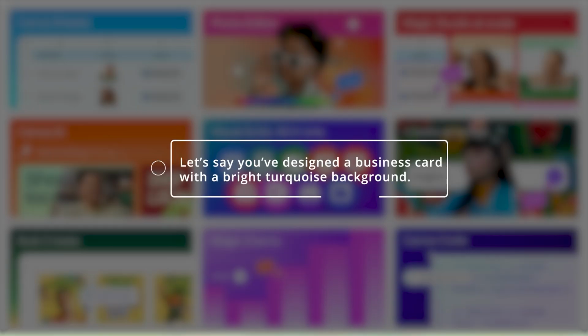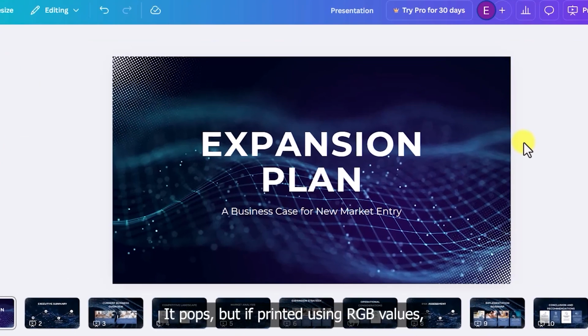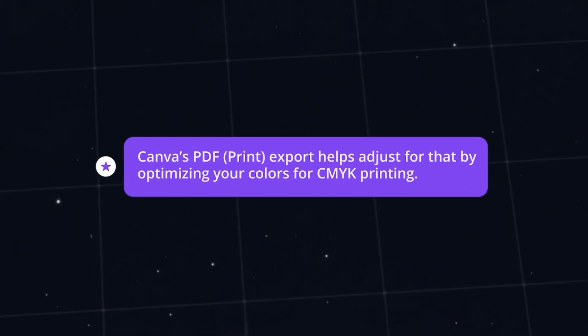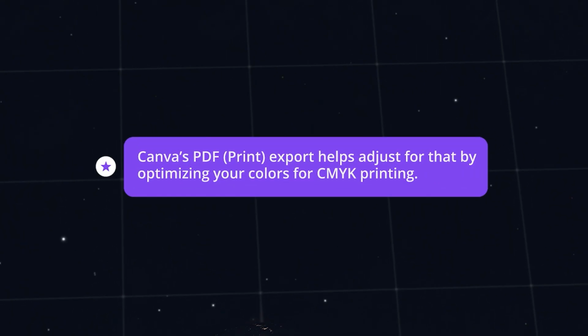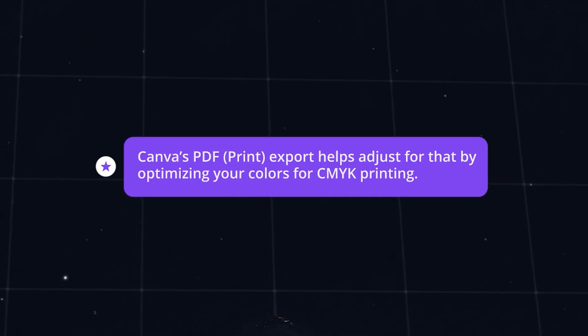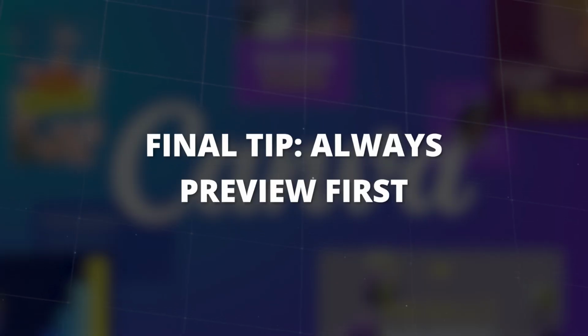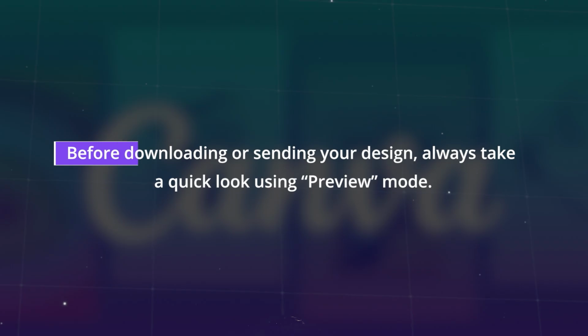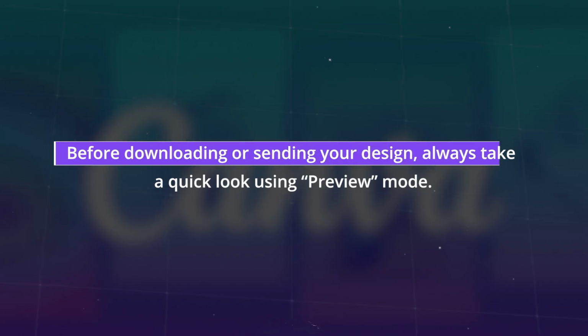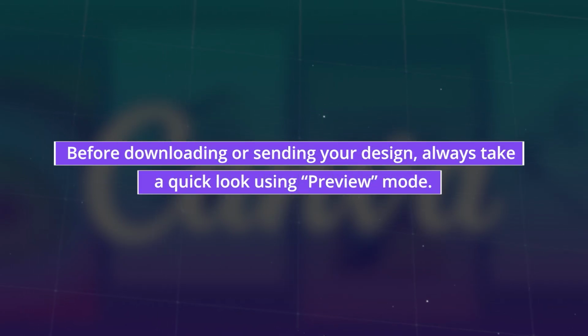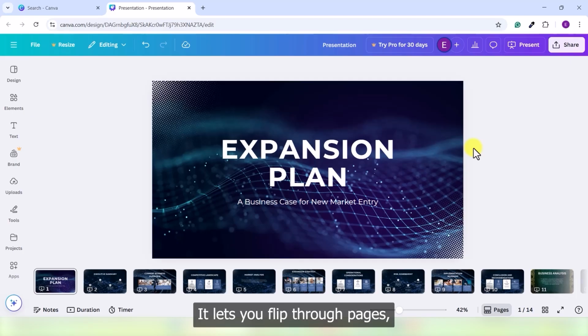Example, let's say you have designed a business card with a bright turquoise background. On screen, it pops, but if printed using RGB values, it may look dull or slightly off. Canva's PDF print export helps adjust for that by optimizing your colors for CMYK printing. Final tip, always preview first. Before downloading or sending your design, always take a quick look using preview mode. It lets you flip through pages, check spacing, and make sure everything looks polished, especially if your design has multiple